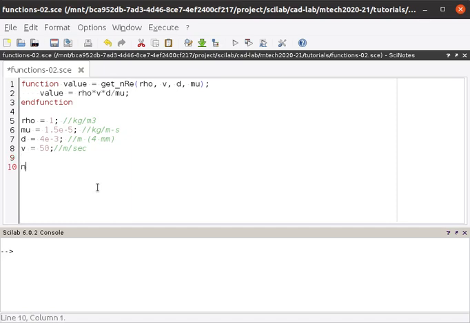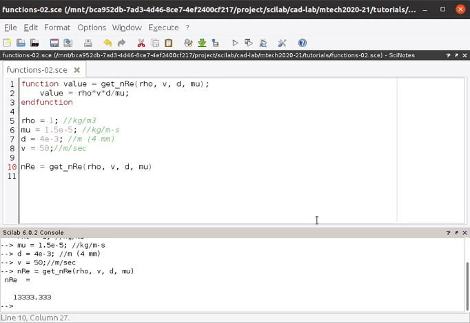so just call the function get, pass the values, run the program, and Reynolds number is this, 13,000.